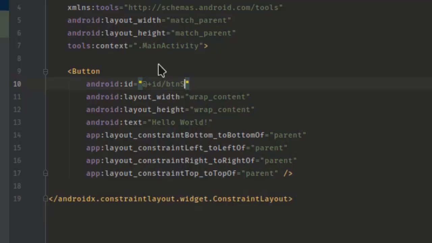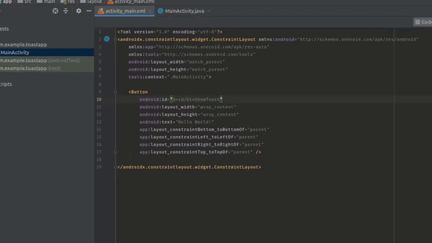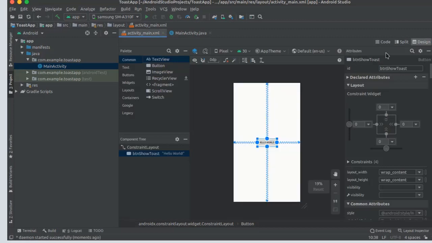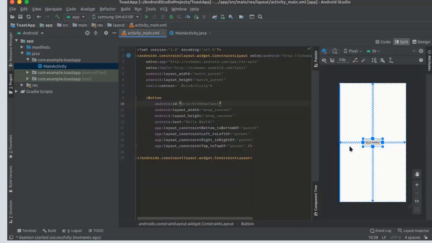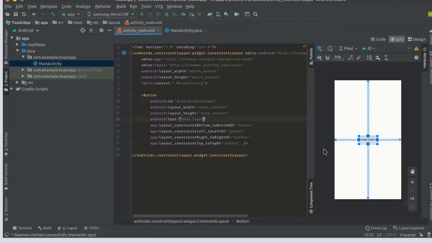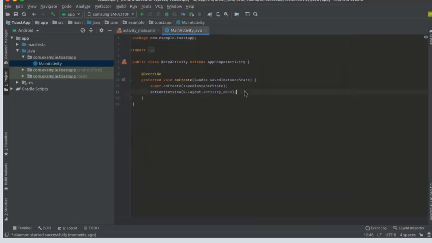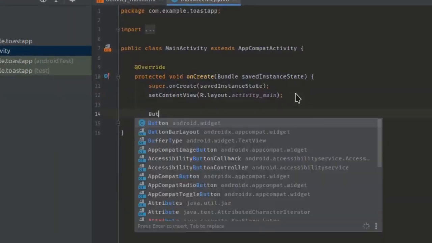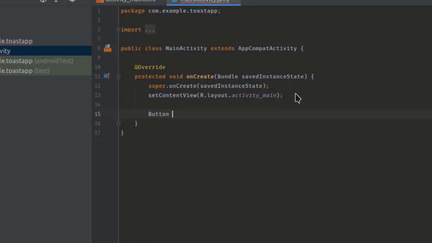btn show toast. Okay, and change this text to show toast. Let's create a button here, button btn show toast